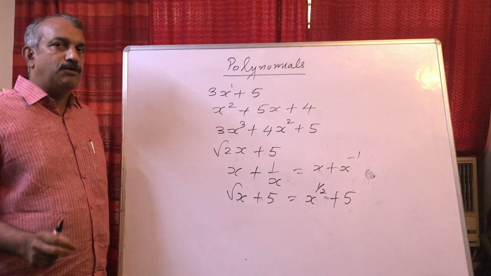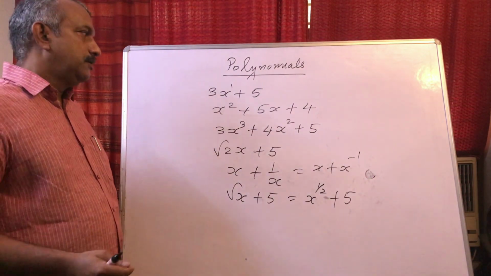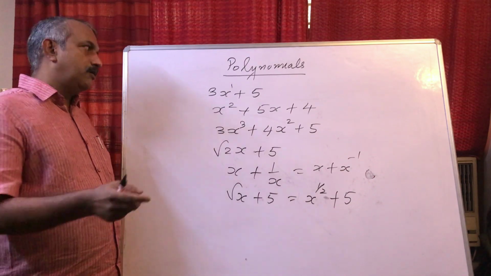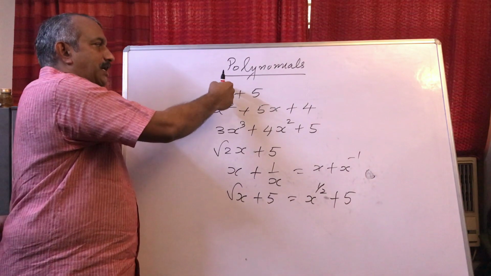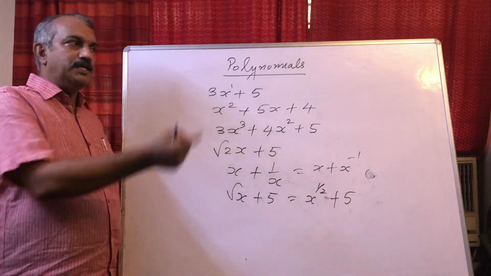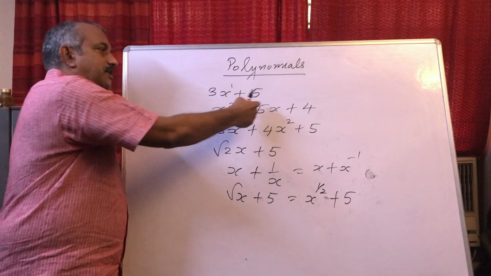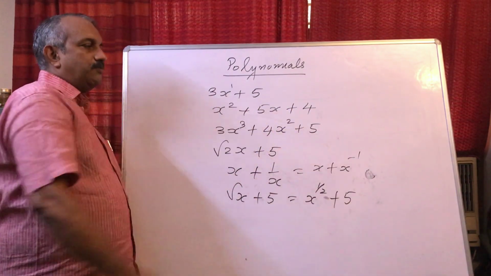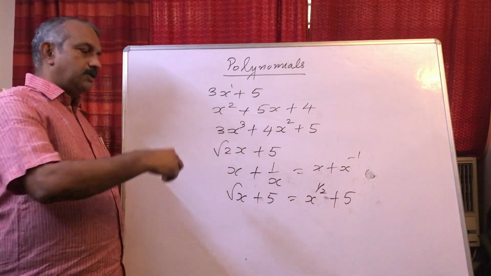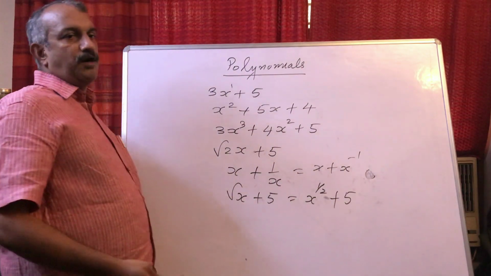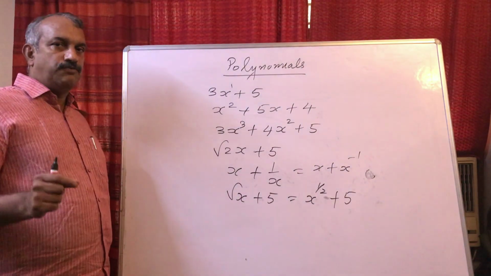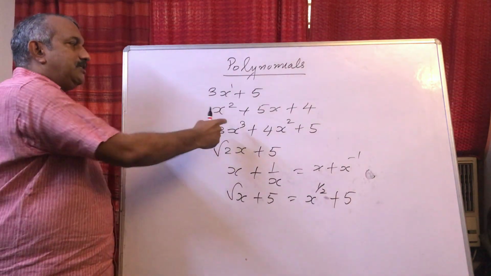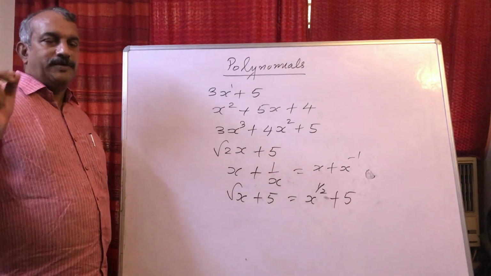Now, degree of a polynomial. All these things you have learned in 9th. Degree of a polynomial is the highest power of the variable. Now say for example this is a polynomial and the highest power of the variable is 1. So degree is 1. Then here in this case the highest power of the variable is 2. So degree is 2. In this case the highest power of the variable is 3, etc. Now x raised to 4 plus 5, highest power is 4. So degree is 4.